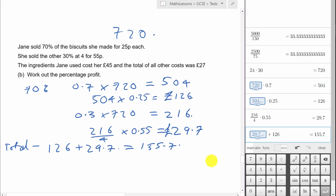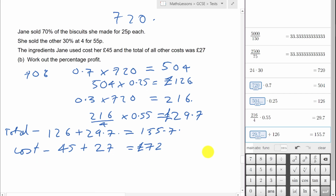155.7, and the cost is 45 plus 27, so that's going to be 72 pounds. So if we want to work out the percentage profit over the cost, you do